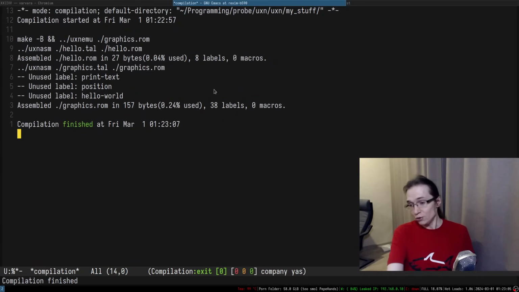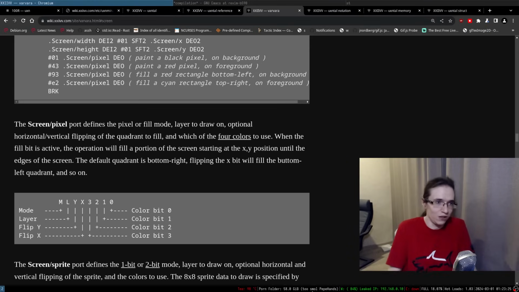It's a pretty cool system, actually. Documentation is rough around the edges, but the author is open to fixing documentation, which is good. So I guess I'm gonna give it a 9 out of 10. My final verdict is 9 out of 10. Very cool thing, a very cool educational system as well. Right. So yeah, that was UXN.